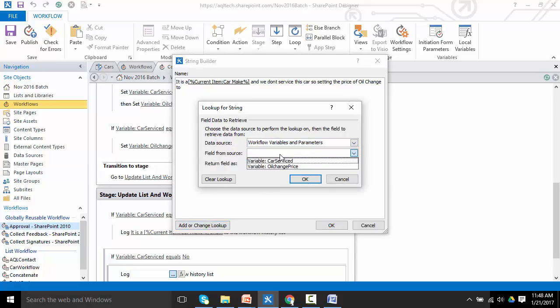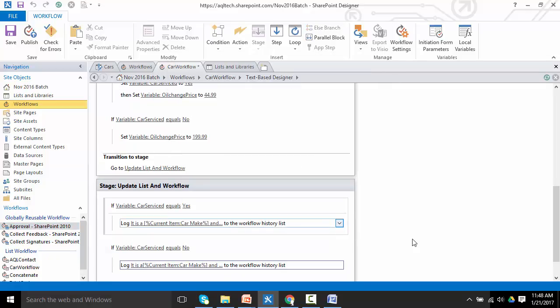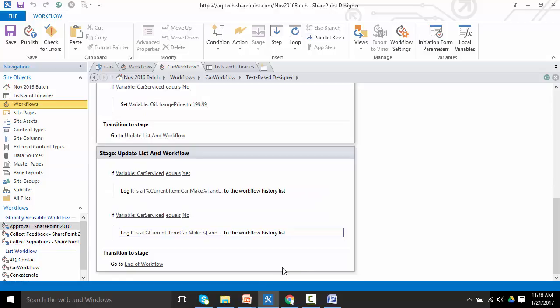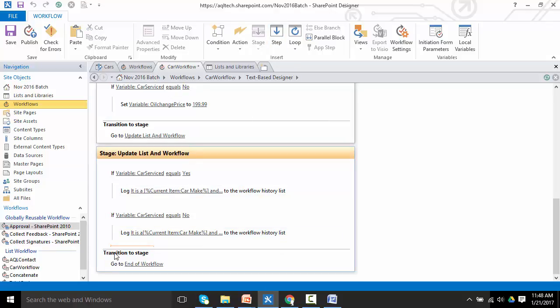It's stored in the variable oil change cost. Okay, and then finally I'm going to add another step over here, which is going to be